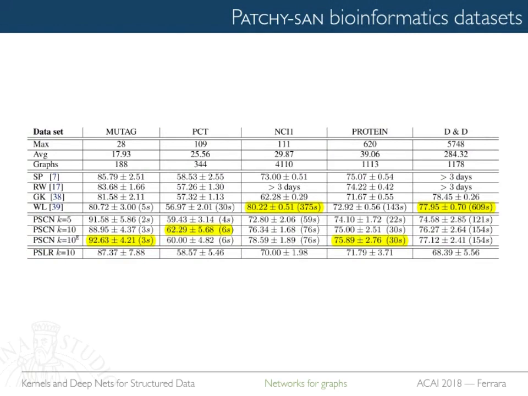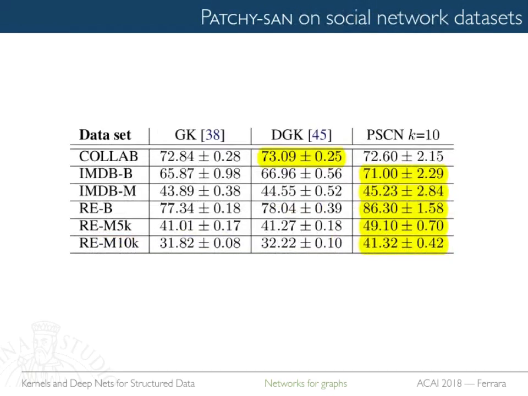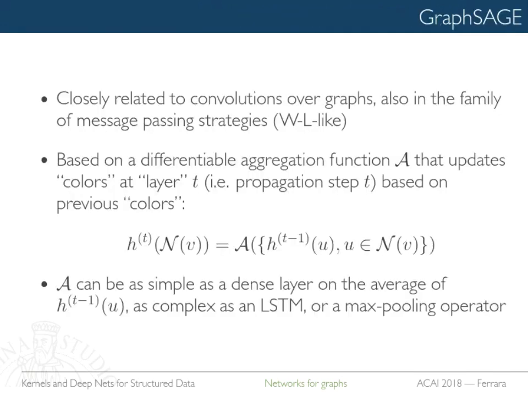You see the data sets, molecules, proteins, the same stuff you have seen before for graph kernels, and they are compared against graph kernels, and in many cases they work even better, because you learn the embedding anyway. And also, they applied that on social network data sets. In spite of the fact that they have to truncate, they still work nicely. So it still works. Finally, let me mention more recent work by the Stanford group, and it's called GraphSAGE.